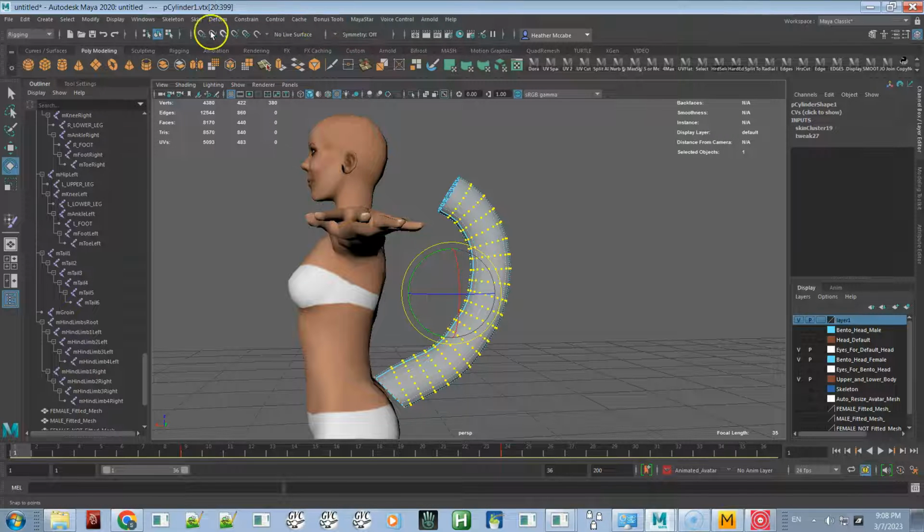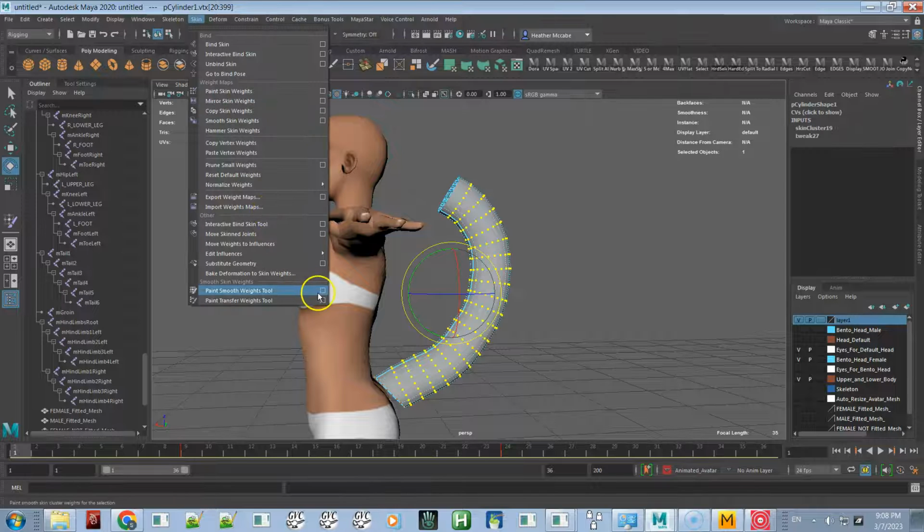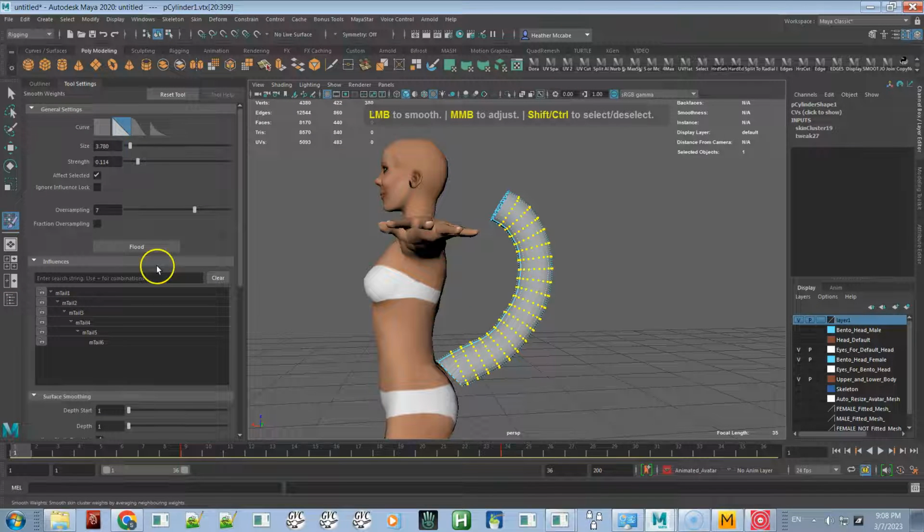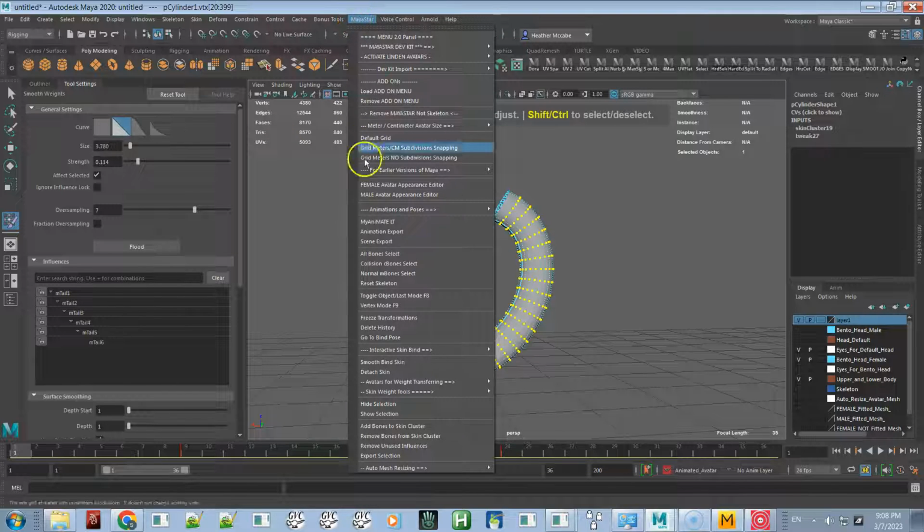So I'm going to open it up. Once you have it installed, it'll be under Skin. Here we go. And I'm going to just click flood. So you just click flood a few times and it smooths the weights a bit. Okay. Then if I go to bind pose,